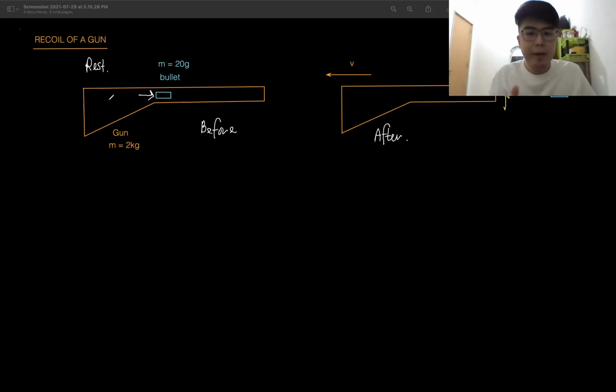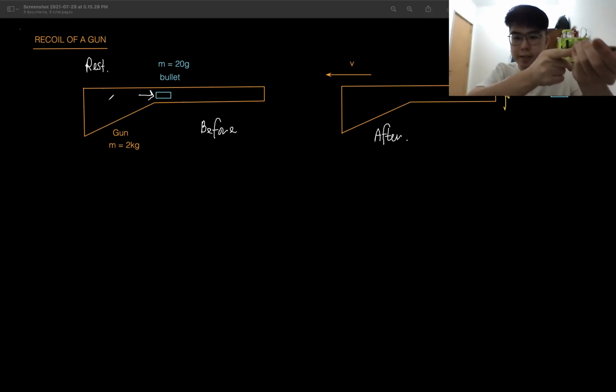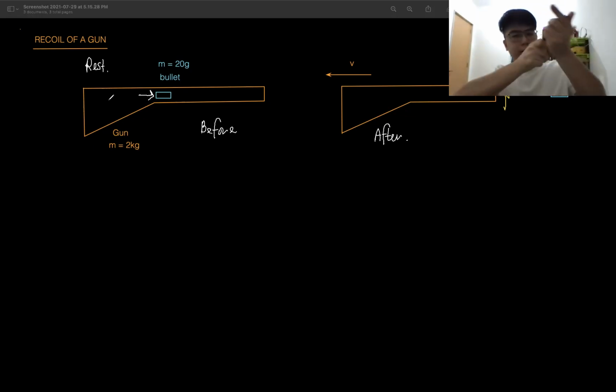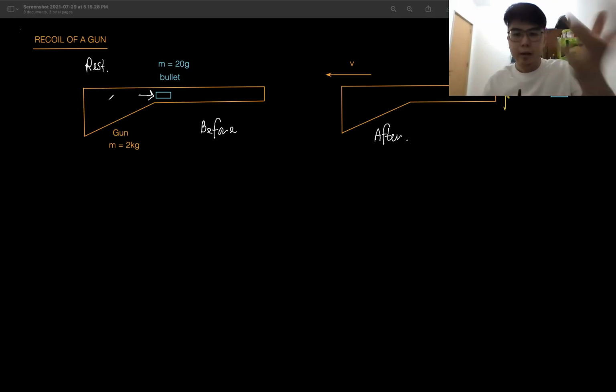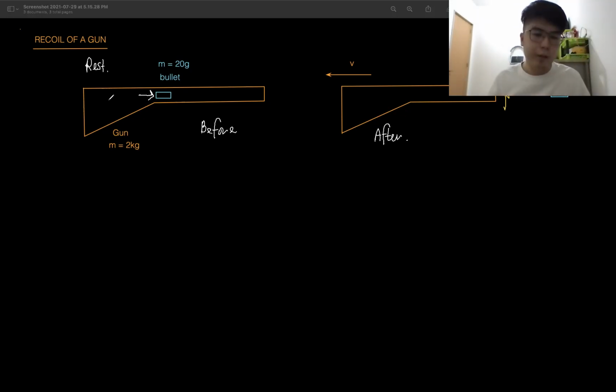And at the same time, I'm holding the gun like this, still. I'm not moving the gun like this. Okay, I'm not moving it to the front, I'm not moving backwards. So meaning that I'm not applying external force. I'm just holding it still like this. And then I press the trigger and it recoils. So all the forces come from within the bullet. I did not apply any force on the two bodies. So this is very important. So there's no external force.